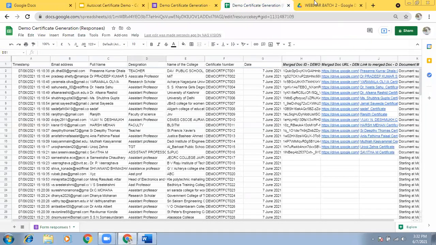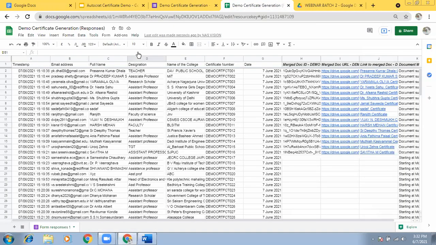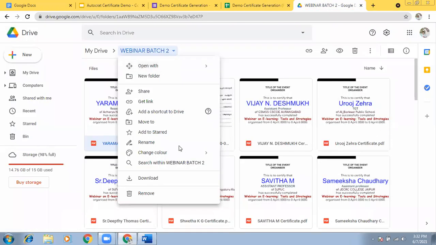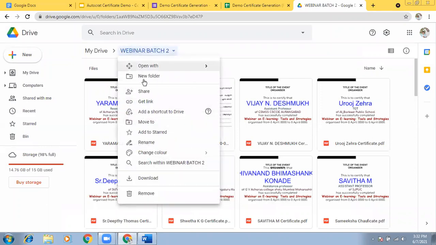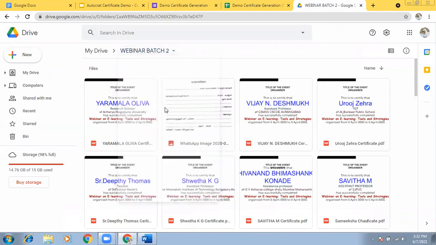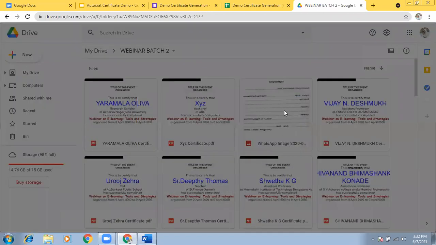Okay. Now this is the best way, and finally, because here you will be having the number, everything, no? And finally, you can share this folder with participants. Since their certificate is on their name, it is easy. They may find their certificate and download. So after creating this certificate, you may share this folder. You can click share folder and share the link. They will find their certificate and download it.